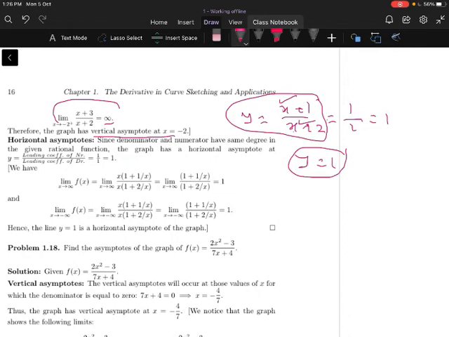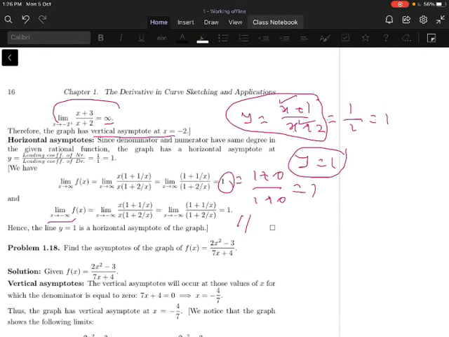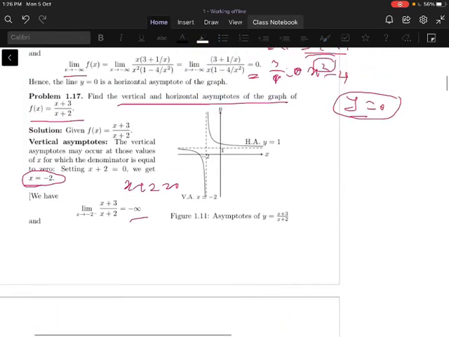Otherwise, one can check the horizontal asymptotes by applying the limit x tends to infinity of the function f of x. You take x outside from the given function in the numerator, x(1 + 1/x), and x also outside from the denominator, x(1 + 2/x). So x gets cancelled. Now apply the limits. This is equal to (1 + 1/infinity), that is 0, over (1 + 2/infinity), that is 0. That is 1. Yes, y = 1 is a horizontal asymptote. Similarly, one can check when x tends to minus infinity also, we will have a 1 here. So therefore, the horizontal asymptote is y = 1 and the vertical asymptote is x = -2.